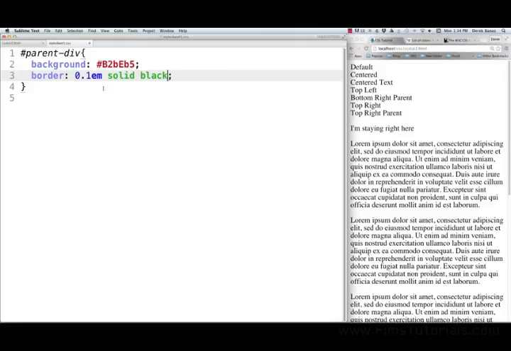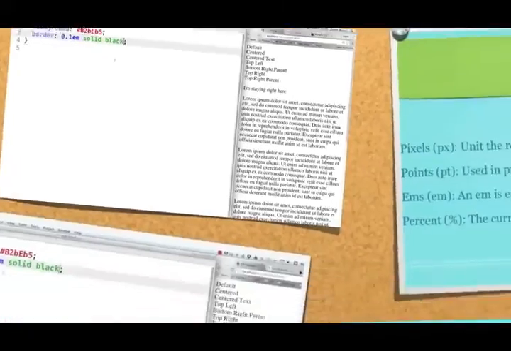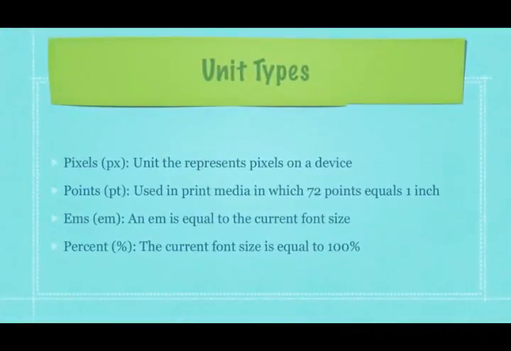And I might as well, even though I talked about it in my HTML5 tutorial, why don't I talk about the different unit types that are available to us in CSS. Now basically the different unit types you're going to see all the time is going to either be pixels, points, ems, or